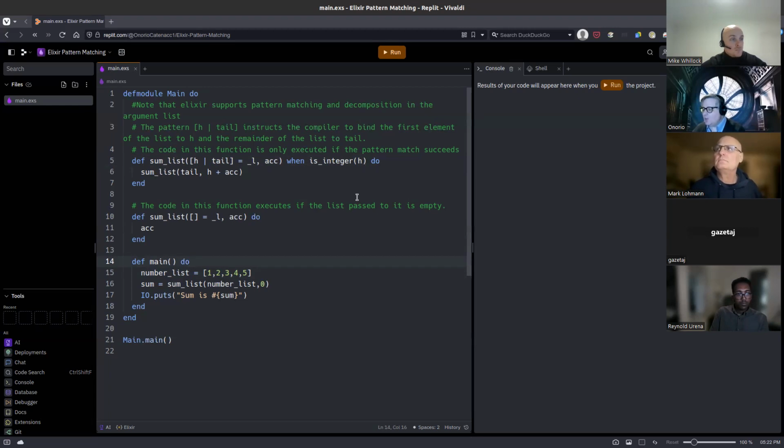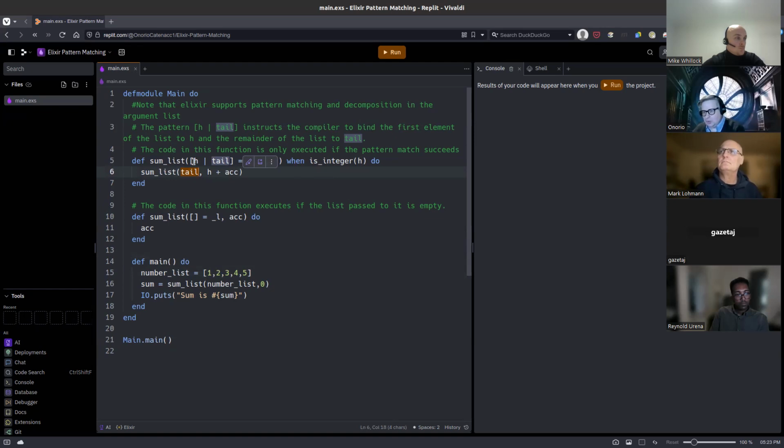And in this case, because Elixir is dynamically typed, I want to make sure I'm not doing it on something besides an integer. So I just check to make sure that the head is actually an integer, and then I recursively have some list call itself with the tail of the list. So the first time I do this, head will be bound to 1, tail will be bound to 2, 3, 4, 5. Okay, and the second time I go through, head will be bound to 2,